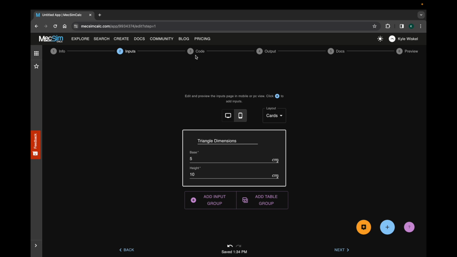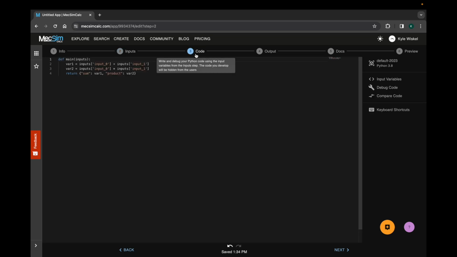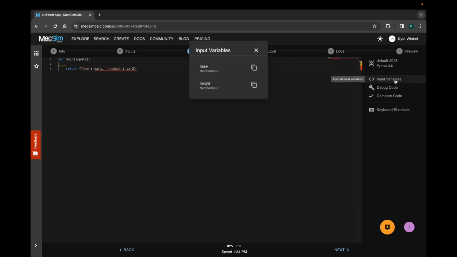We can now move on to step 3. This is where all the behind the scenes magic is done. To access the input variables, you can click over here in the input variables.